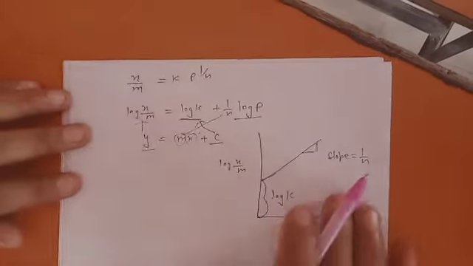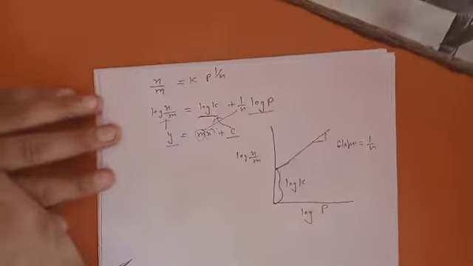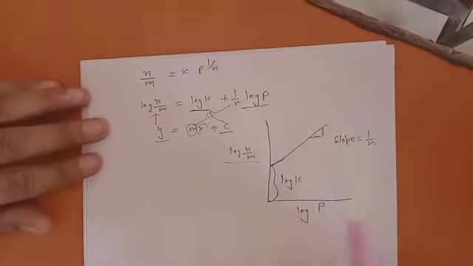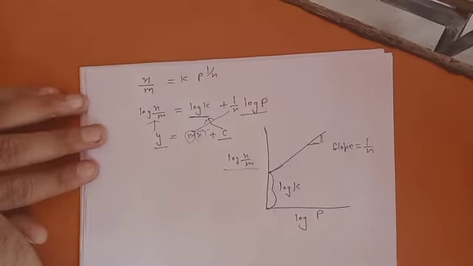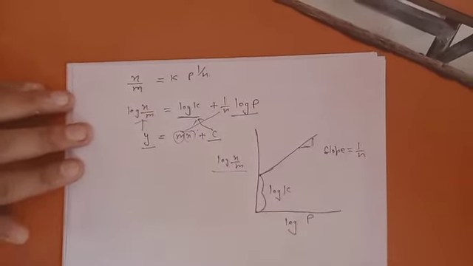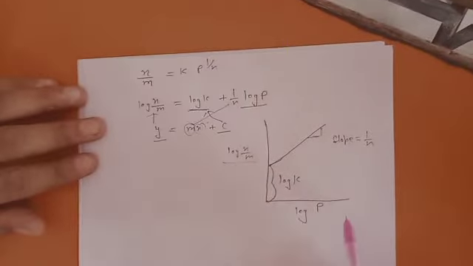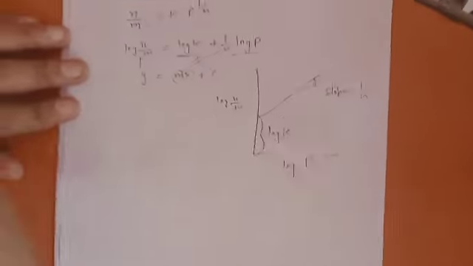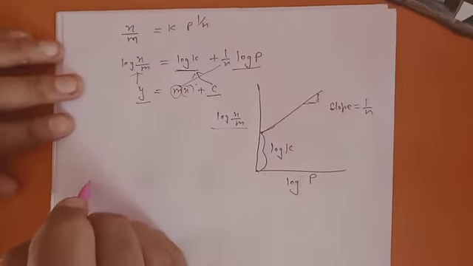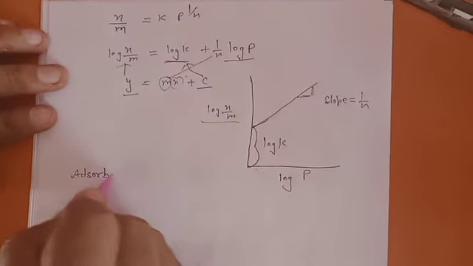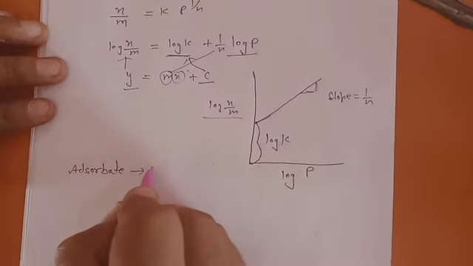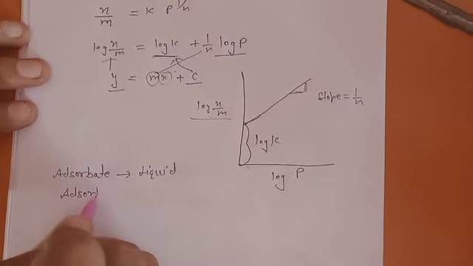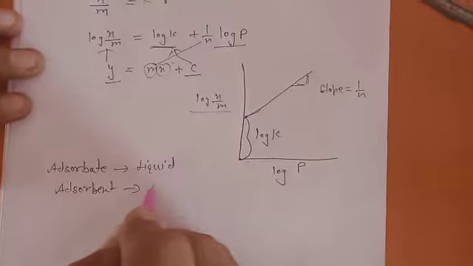So that's why this will be the graph in logarithmic terms, which shows that the amount of adsorption in case of physisorption is directly proportional to pressure. But you will clearly understand from the Freundlich isotherm that the graph follows up to a lower pressure range. At higher pressure range it is not valid. Is that clear? Now if your adsorbate turns out to be a liquid and your adsorbent is a solid.